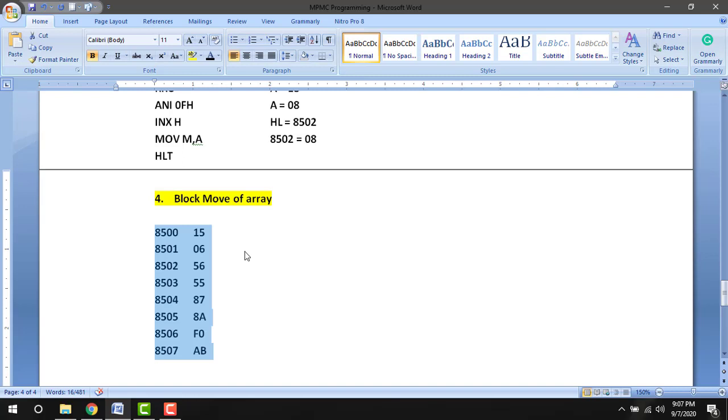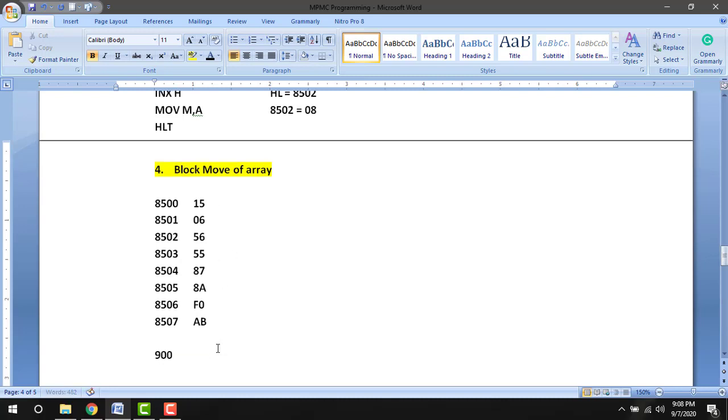The array is a number of hexadecimal numbers. So starting from 8500 to 8507, 1, 2, 3, 4, 8 numbers. Totally 8 numbers are available in 8500 to 8507. It has to move to the new memory location 9000 to 9007.